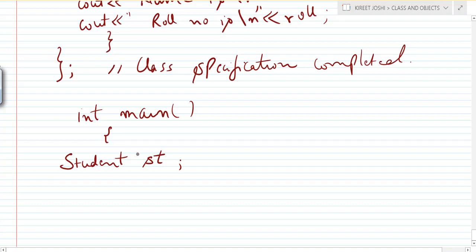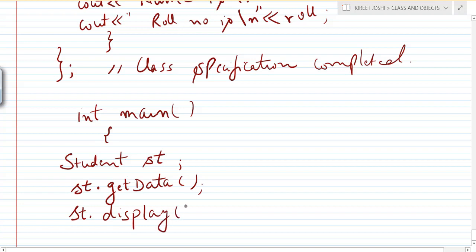Now how will we access them? With the help of the object name, st, followed by a dot and the name of the function. If we want to access getData, we write st.getData(), and it will call the getData function. If we want to access display, we write st.display().